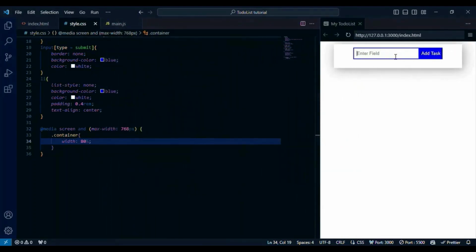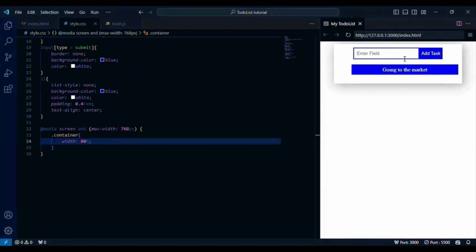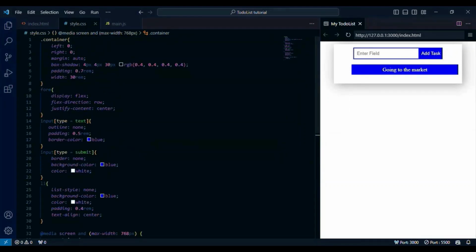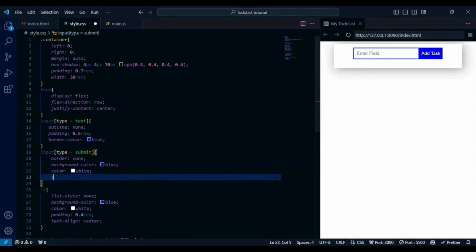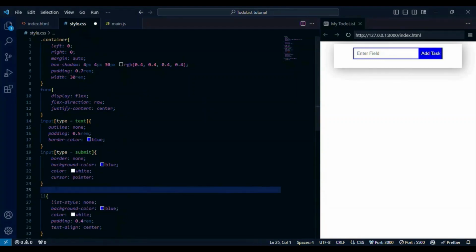So if I go ahead and add my tags here, let's say going to the market, and then if I click on this, it works. So let's change this animation here. Our input type submit, we just give this a cursor of pointer. So now if I try to hover, this is a pointer. Also, let's just give it